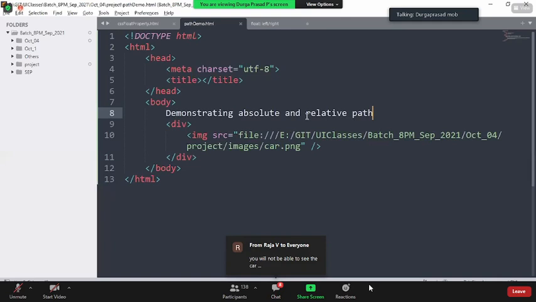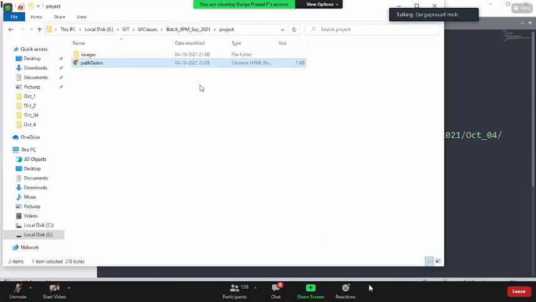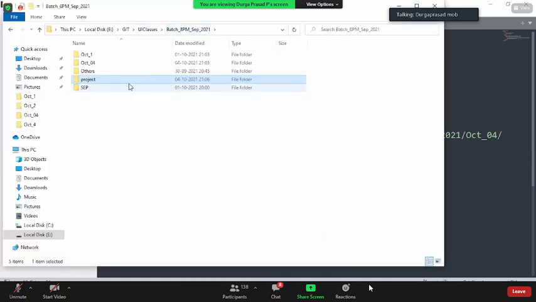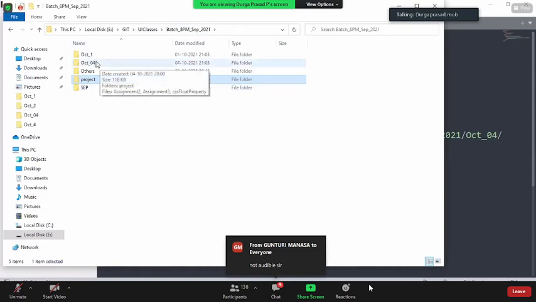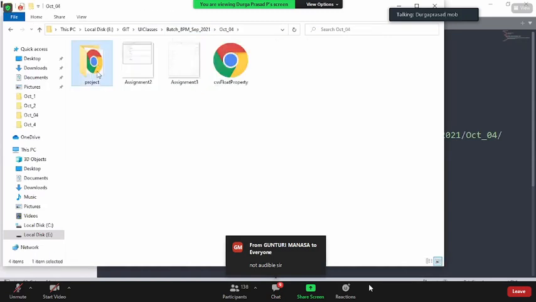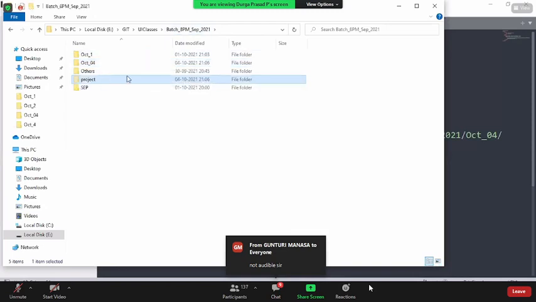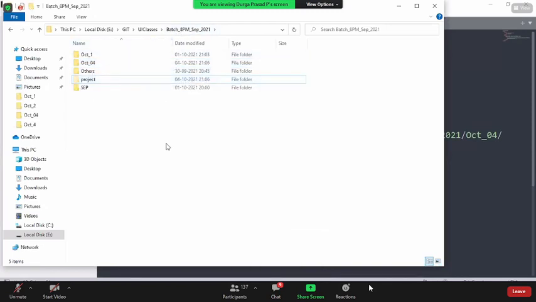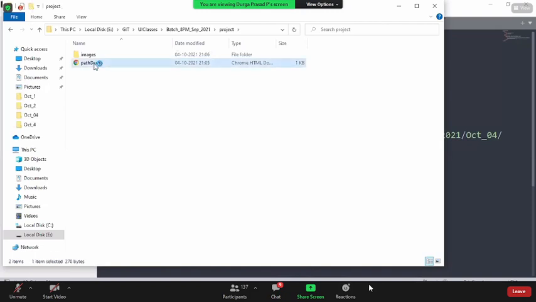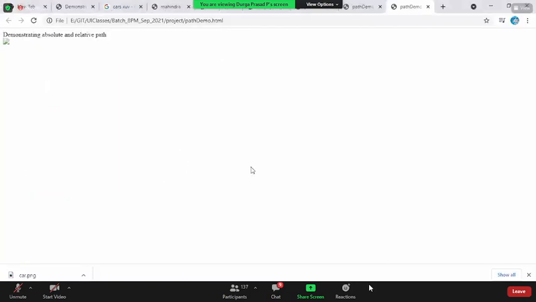Why so? You are hard coding the path, saying E drive, Git, UI classes, and so on. But do you think that every time you'll use that? Say, for example, you gave me this October 4th project, and I'm removing this project. Now I took the project and I'm placing it somewhere else. Now when I'm opening this, why is the image not coming, boss?